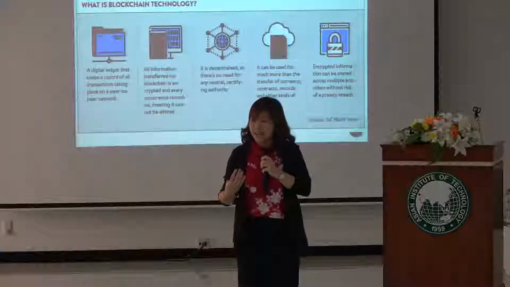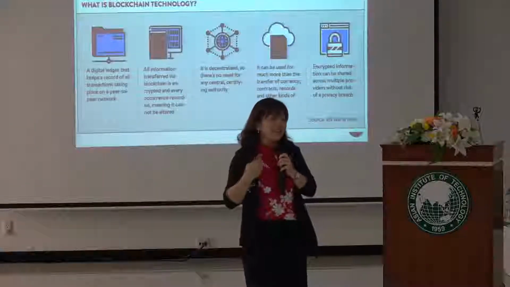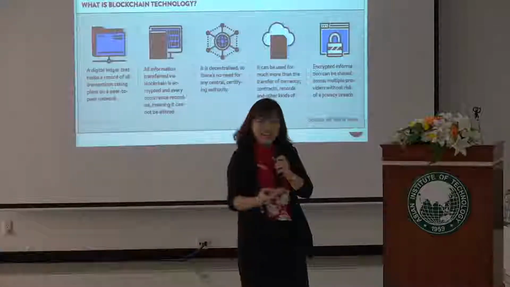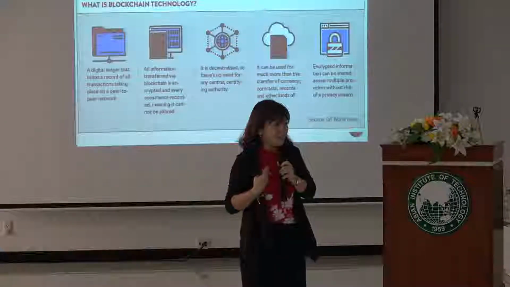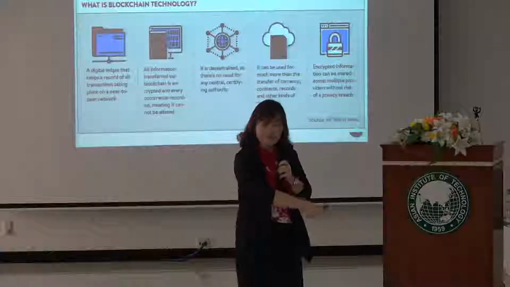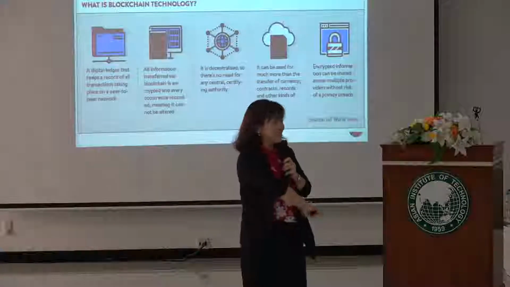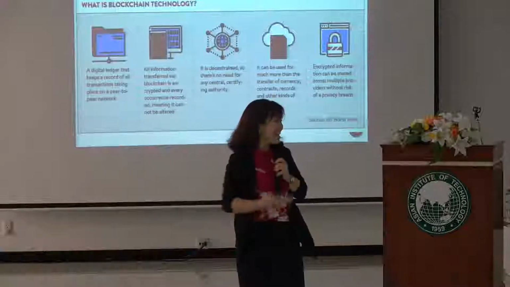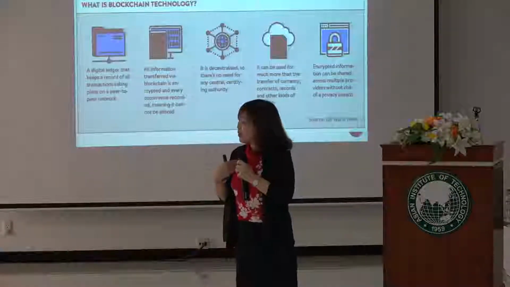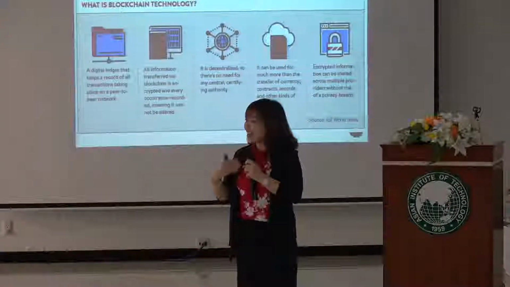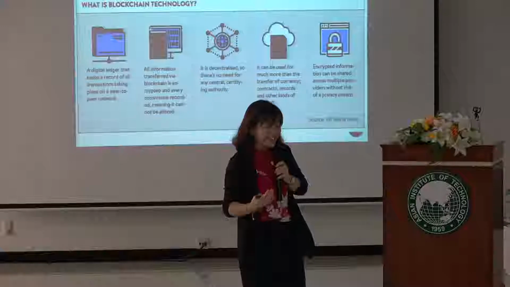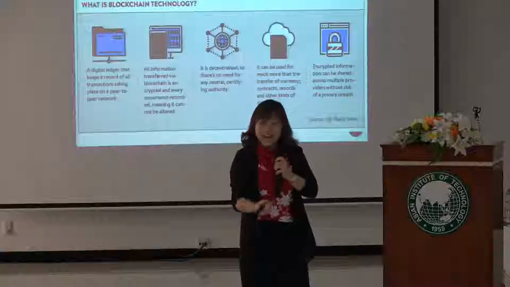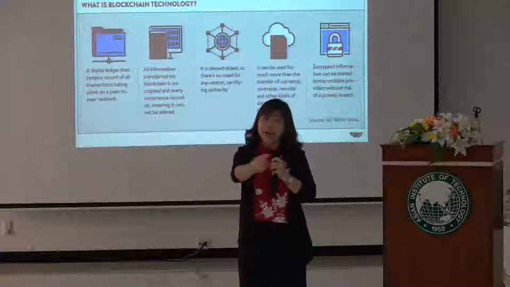And nobody can deny it. As I said, when I say I transferred you 1 million, you cannot deny saying that, no, I never received 1 million from me. It's written there that you received 1 million from me. And you cannot just erase it because you may want another million from me, suppose. If that happens, we may want to alter the data somehow so that we can take some benefit from that, right? But with this kind of idea, it cannot be changed, so the data must be accurate and we can rely on this data.